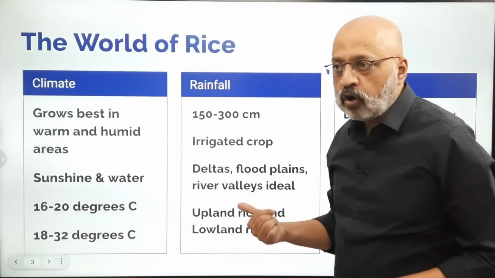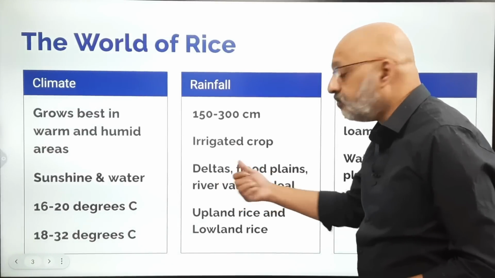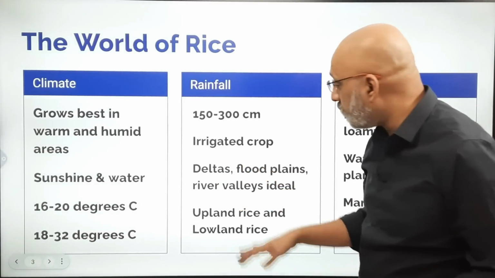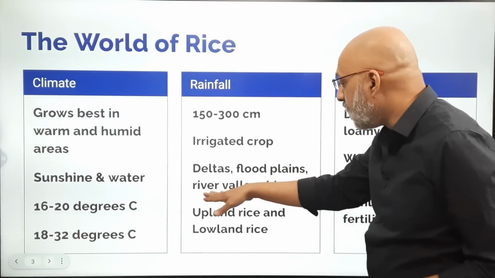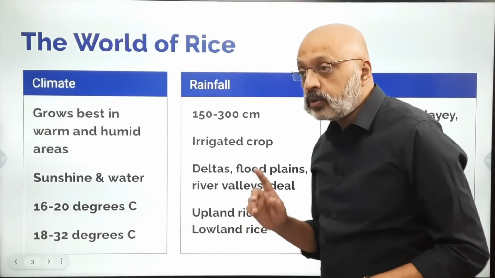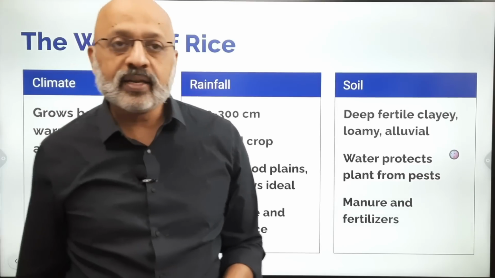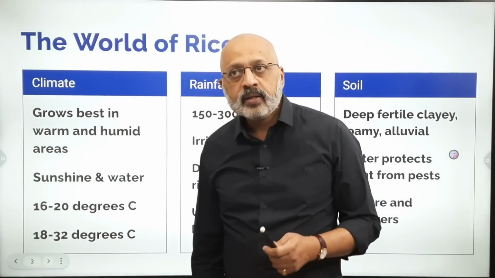The rainfall that we have already mentioned, it's an irrigated crop, which is why you need a lot of water, which is why deltas, floodplains, river valleys, etc. are ideal for the growth of paddy. Now here there is something very interesting, something very unique about paddy, that paddy can be